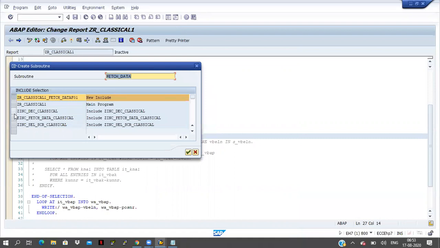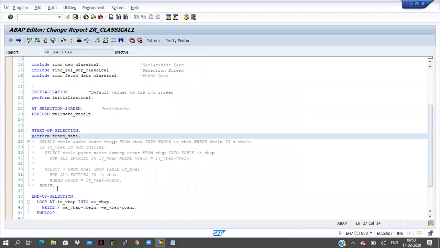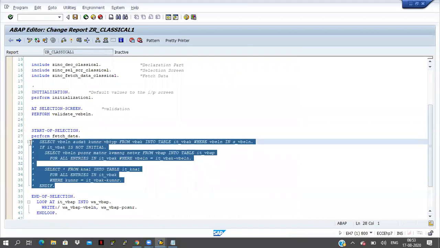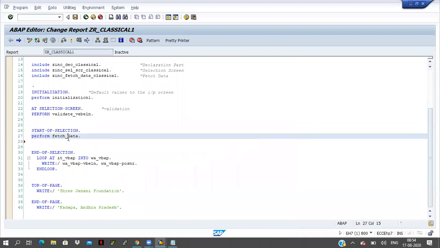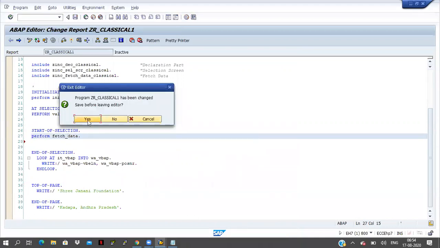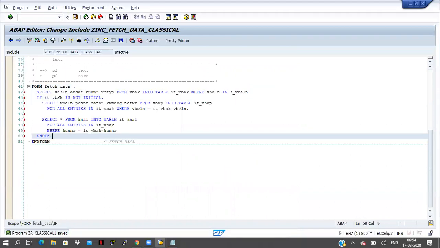So I want to declare this one in the fetch data include. Click on the S button, save it, click on back. So the code is this one, right? I will cut the code and I will go to the fetch data include only. Click on S, and here I will paste the code. Okay, now activate it.